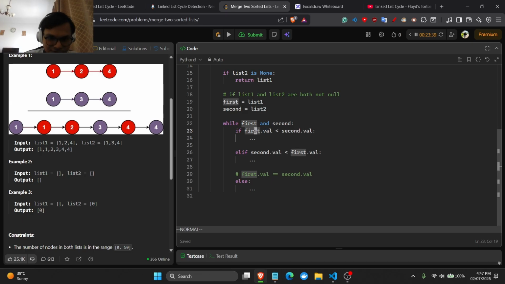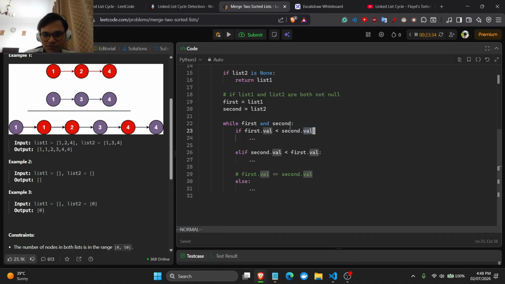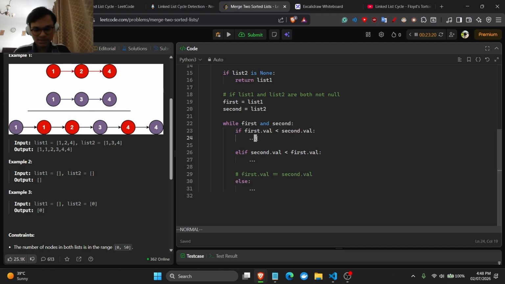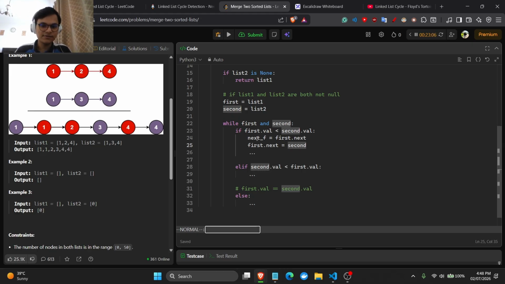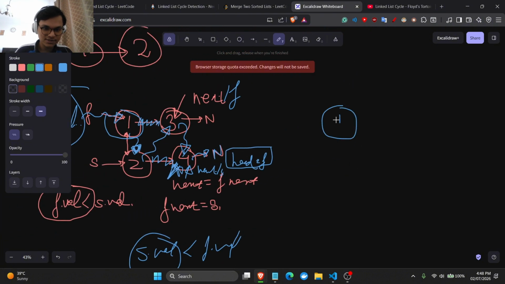So if first dot value is less than second dot value, right, मतलब हमें first का कुछ change करना होगा. First dot value का value less है second dot value के value से. For example इसी केस में 1 and 2, तो 1 less हुआ तो हमें इसका routing बदलना होगा. तो इसका routing बदलने के लिए हम लोग बोलते हैं first of all, next f is equal to first dot next. पहले हम लोग उसको save कर देते हैं first dot next वाला, then we'll say first dot next is actually equal to second. इसका ये मतलब है कि again if I take this example, if I try to make this clean and tidy,